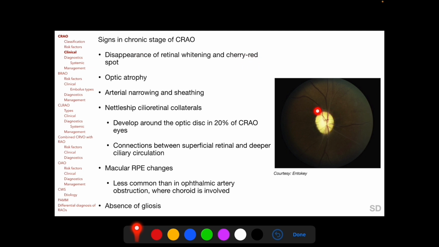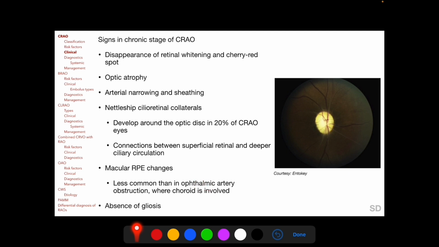The disc appears pale as seen here in this color photograph, and the arteries appear narrowed and sheathed. Nettle-shaped cilioretinal collaterals may be seen around the optic disc in 20% of CRAO in the chronic stage, and these represent connections between superficial retinal arterial and deeper ciliary arterial circulations. Macular RPE changes are less common in central retinal artery occlusion as compared to ophthalmic artery occlusion, because unlike in